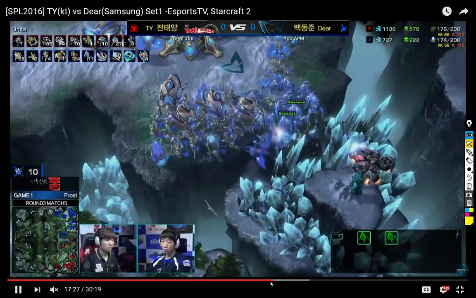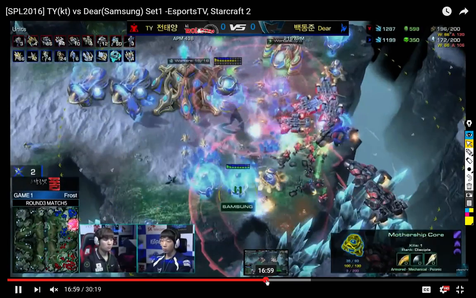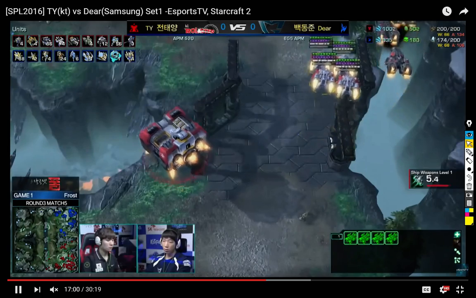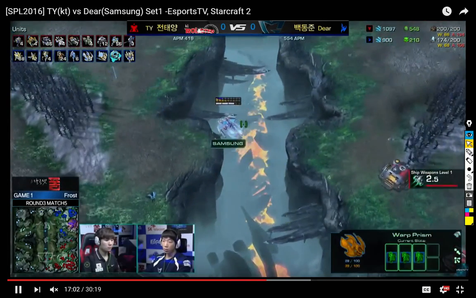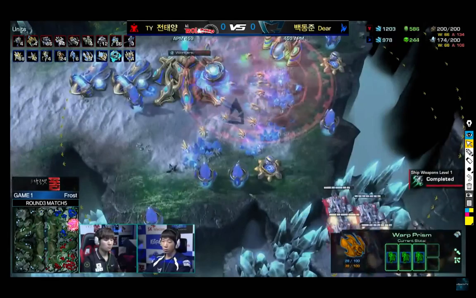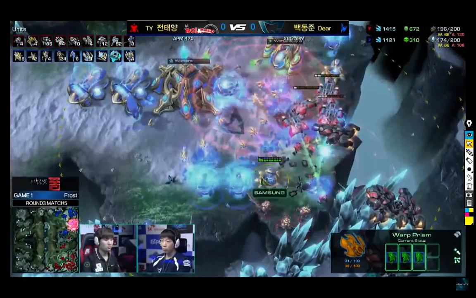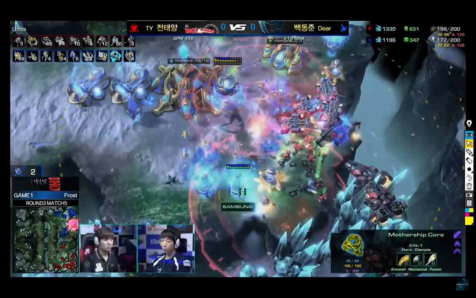If we go back a little bit right before the fight, the medevacs were highlighted, and they have high energy, so TY has essentially, like, there has been nothing going on this entire game, and this is the first thing that's happened. When TY maxes out, he wants to trade out some of his Widow Mines and his bio units